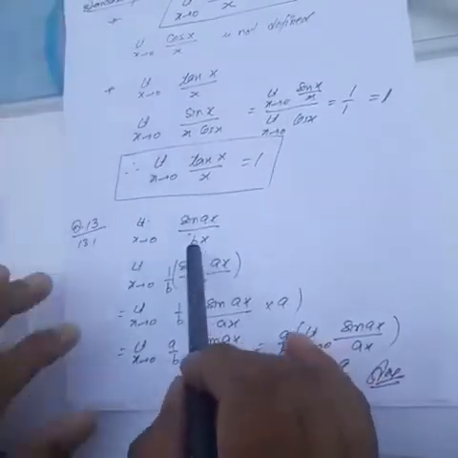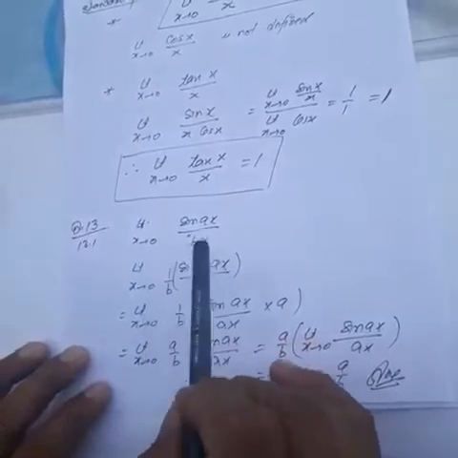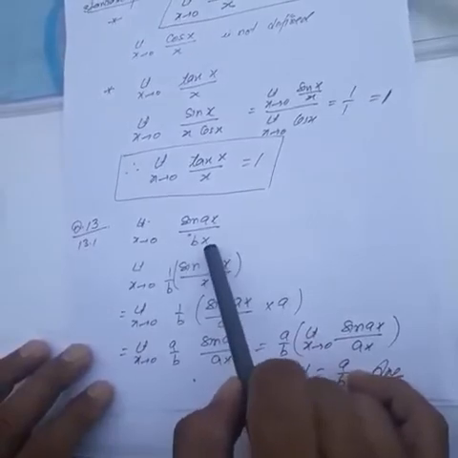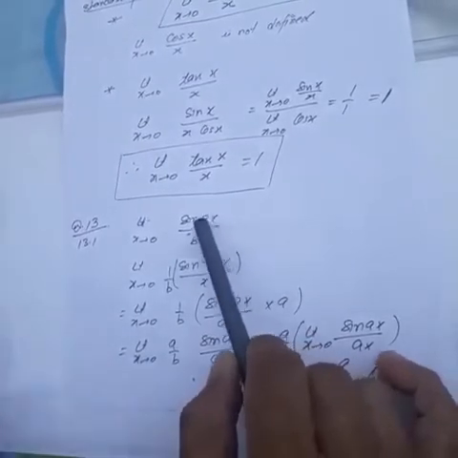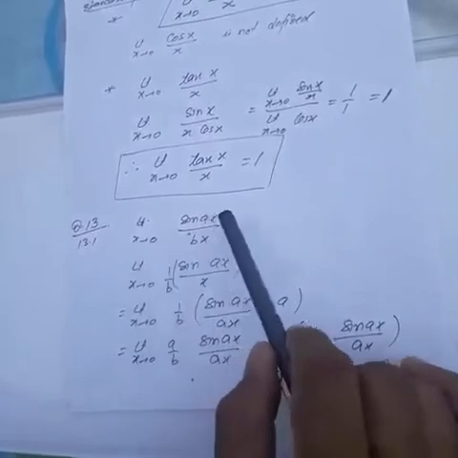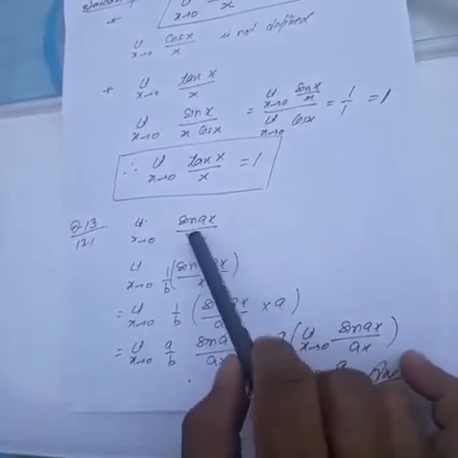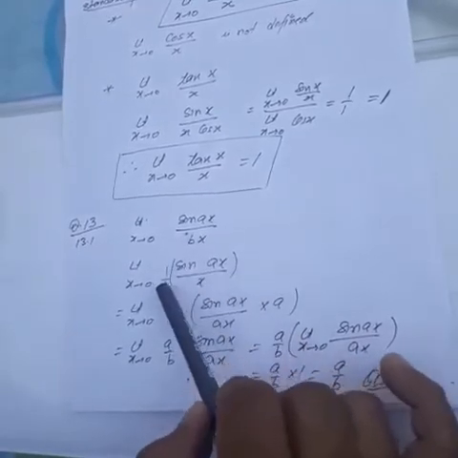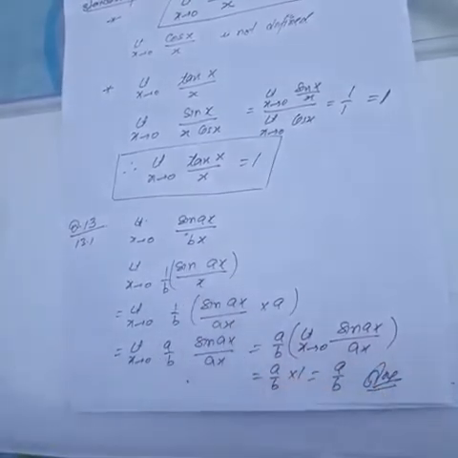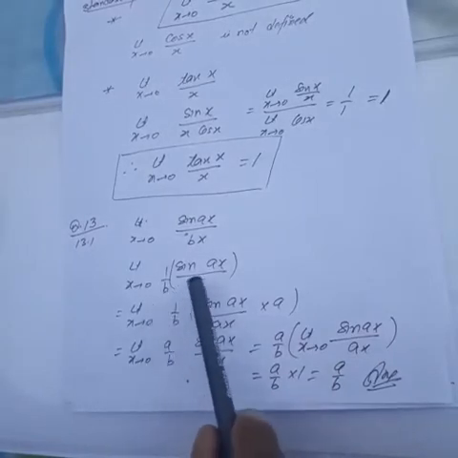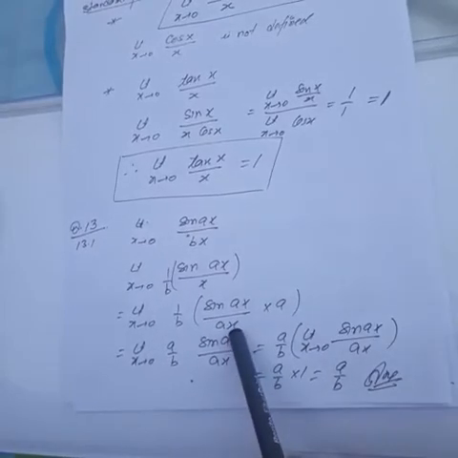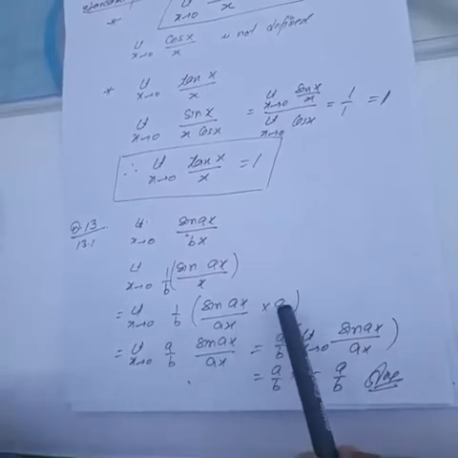Now one question based on this formula to understand the application. 13th question, limit x tends to 0 of sin ax upon bx. Now we cannot directly apply this formula here, because this is ax here, this is bx here, we must have the same function. It can be written like this, write b separately, sin ax upon x. Now to reduce into standard formula, we will have to make ax here. So multiply and divide it by a like this, and then write a separately with this b.